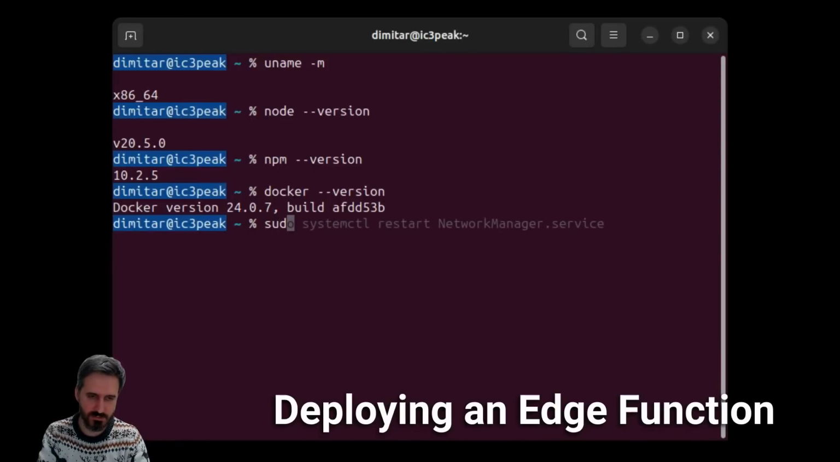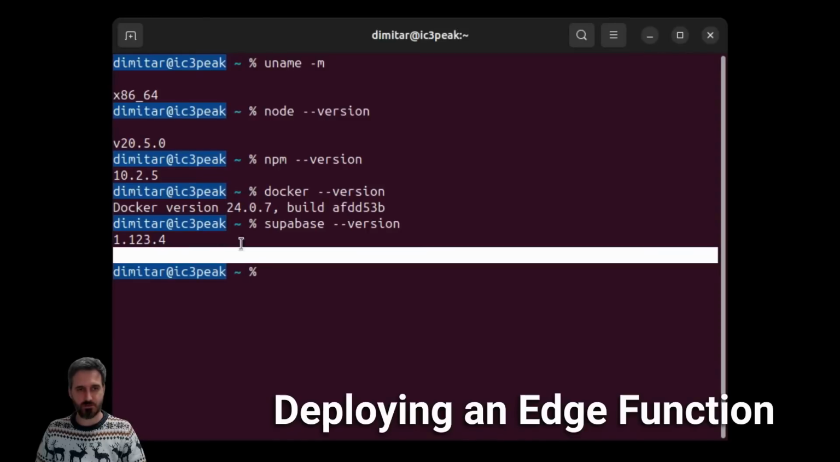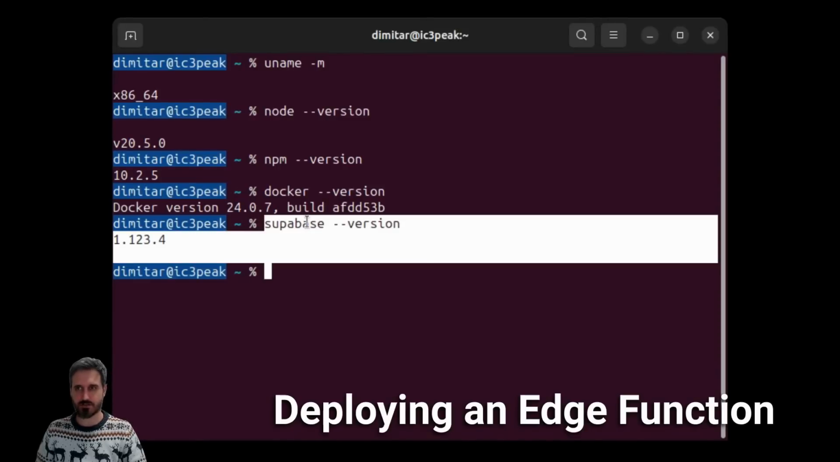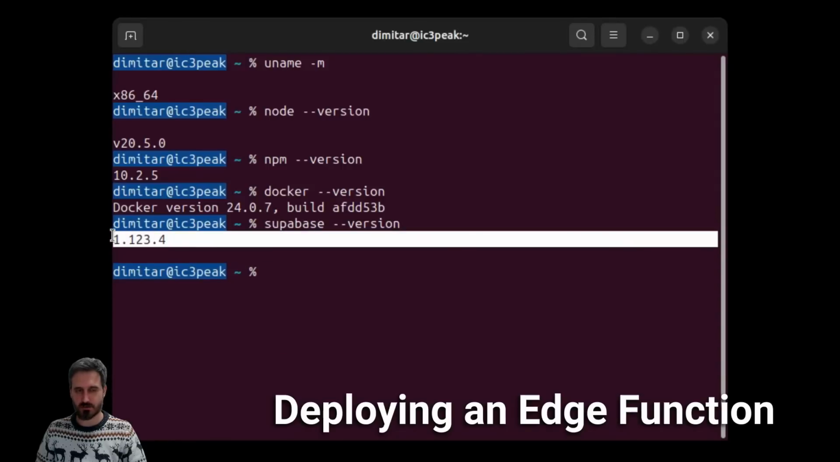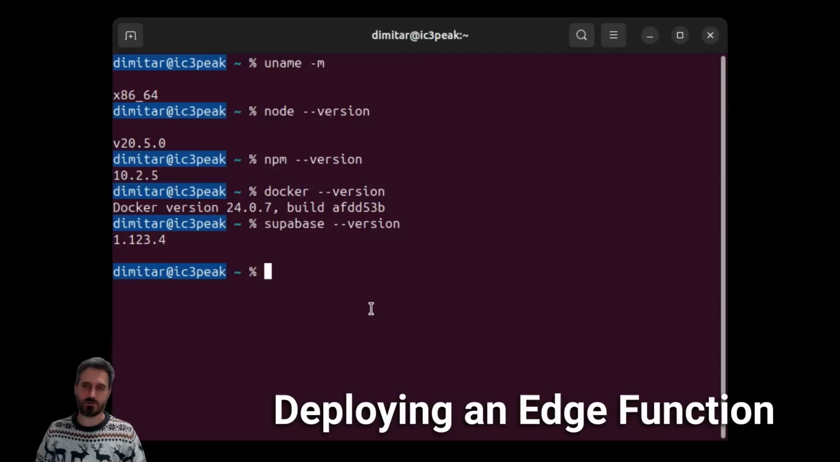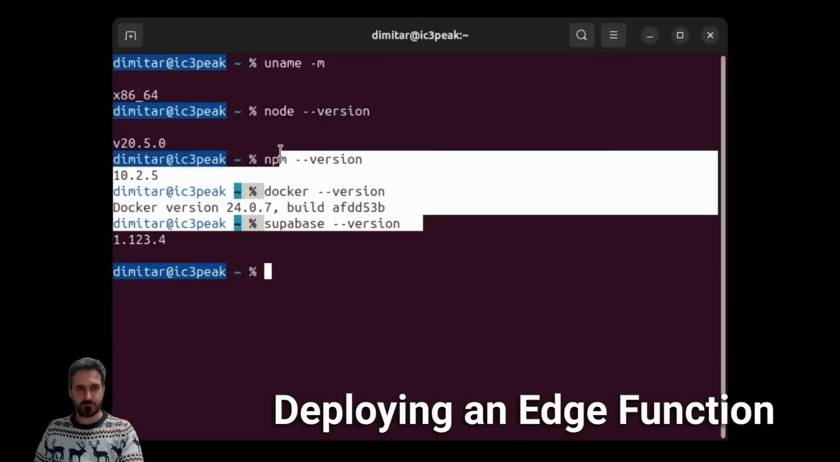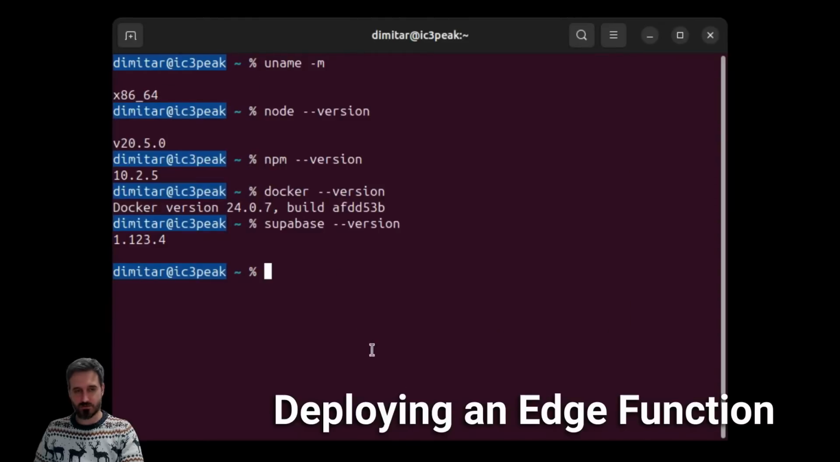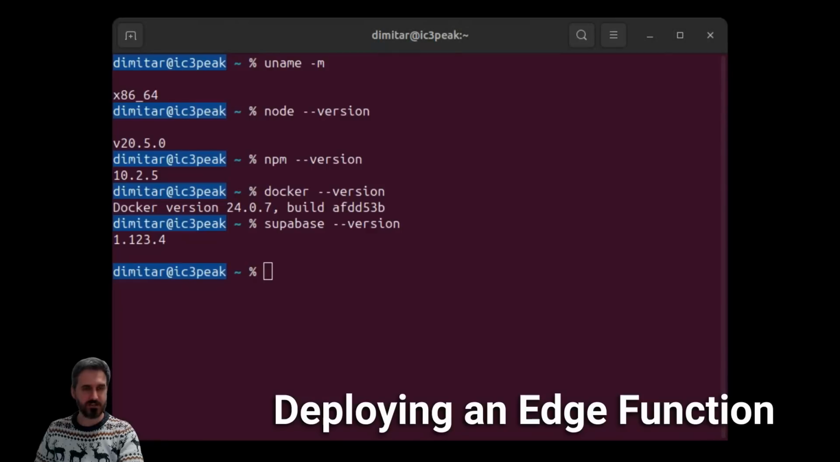The next thing is the Supabase version. Again, make sure that you have installed Supabase. This is the version that I currently have. But of course, your version could be higher than mine, depending on when you're watching the video. But those are the four main things that you need. And now we can start to deploy our function. Actually, before we start deploying our function, there is another critical thing that I had difficulties with